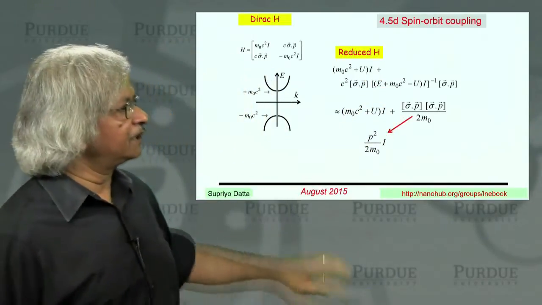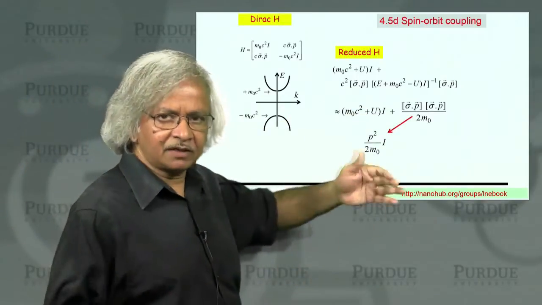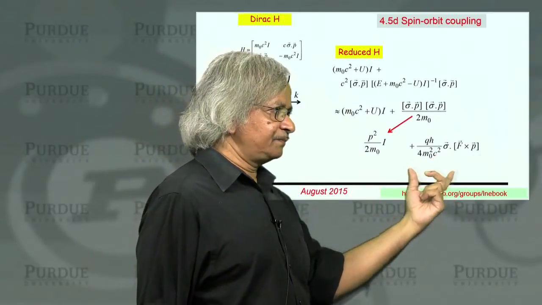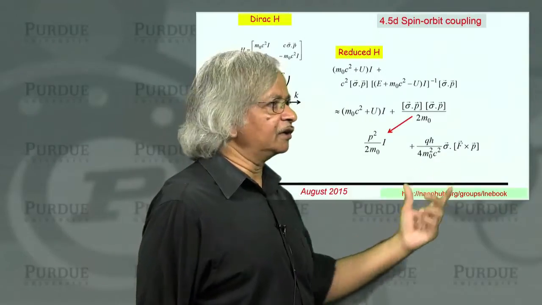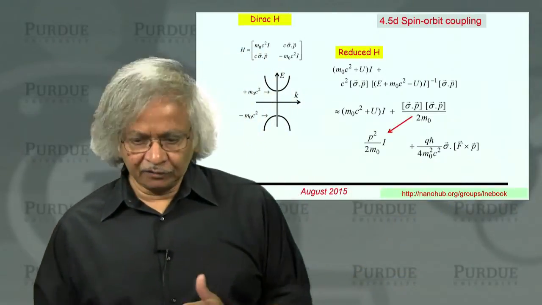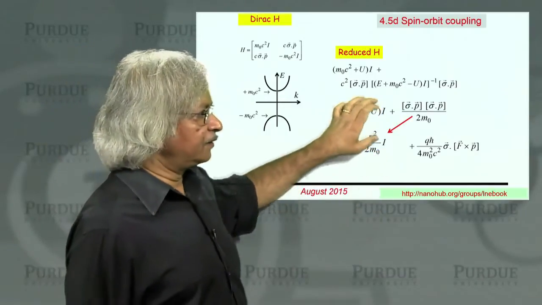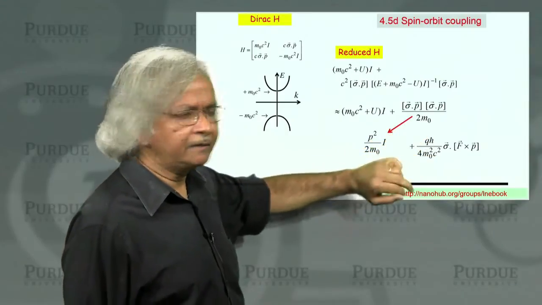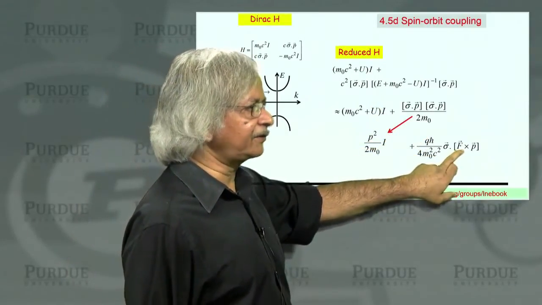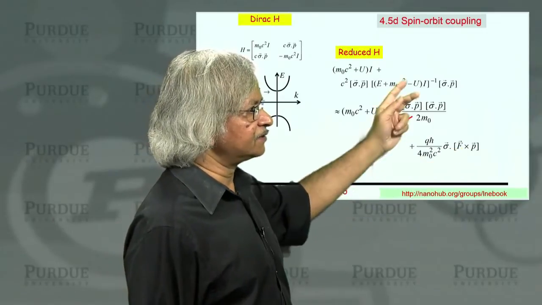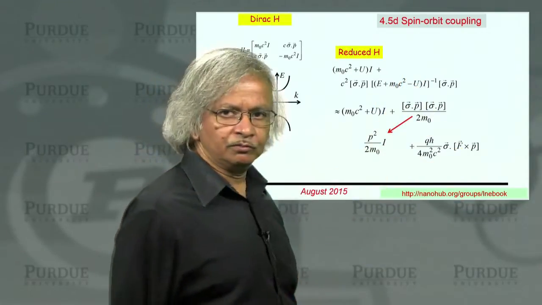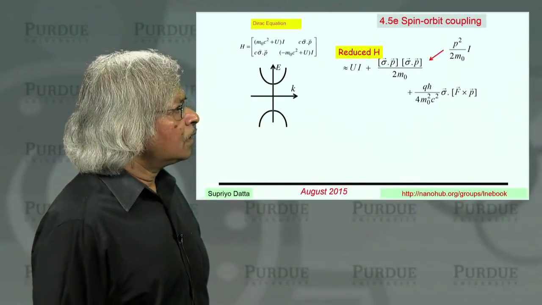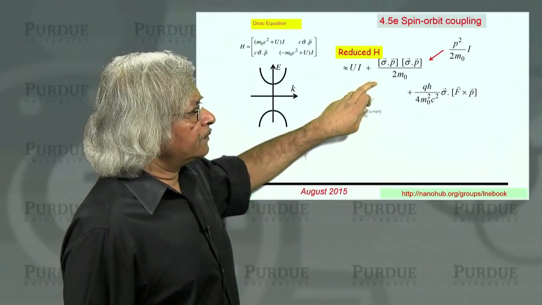But if you try to evaluate this a little more carefully, still approximately, but a little better approximation, then you get this spin orbit term. This is the relativistic correction, the first order correction to this non-relativistic result. And I'm not going into the details of how you'd get from here to here, but the point to note is this involves the electric field F. And the electric field is related to the gradient of U, because U is the potential, and the field is the gradient of that.